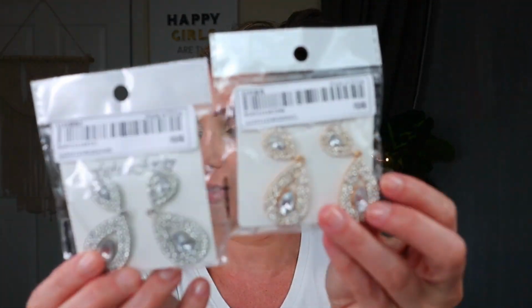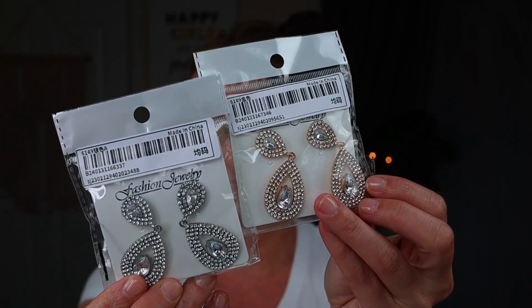Then I got a set of each of these, one in gold and one in silver. I just thought they were a really nice little teardrop shaped earring. So there's the gold, just a very nice earring. It's small enough that I could even wear it to film if I wanted to be a little extra. Here's the silver one. I thought the silver was pretty. I really couldn't decide, so I figured it was good to have both,